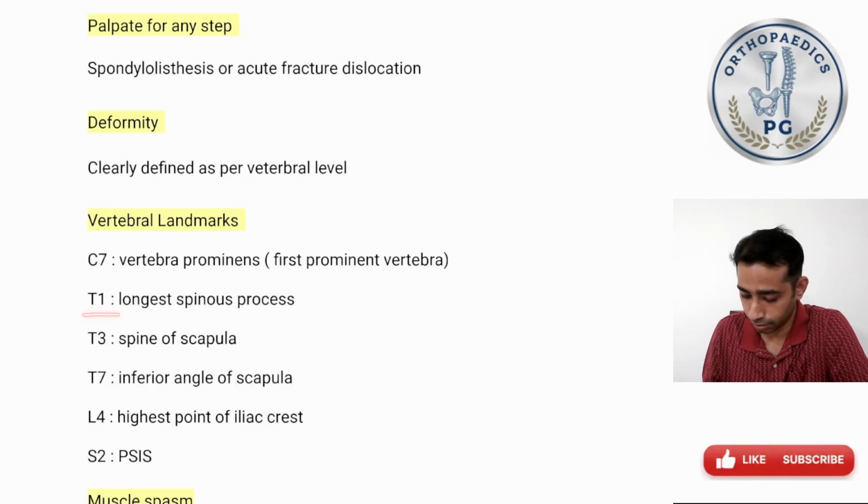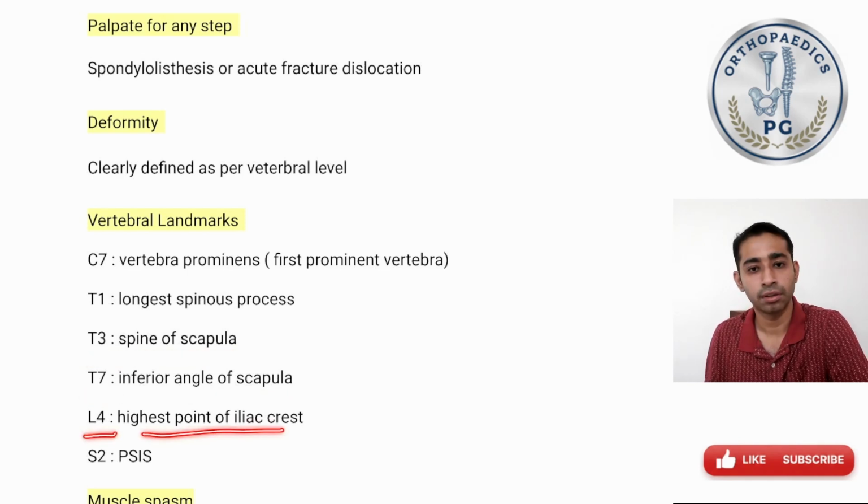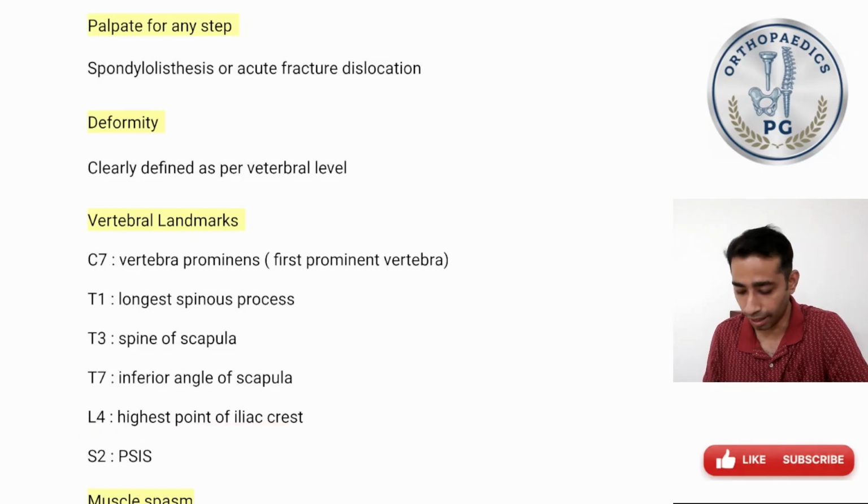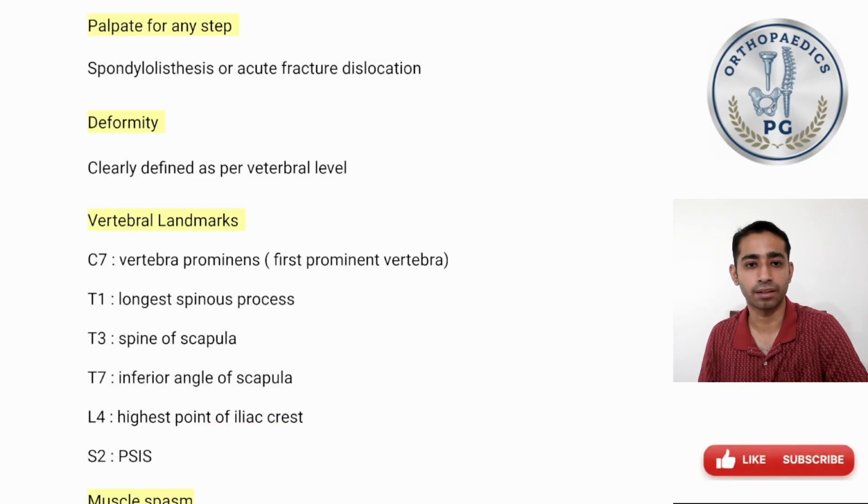T1 is the longest spinous process. T3 corresponds with spine of scapula. T7 with inferior angle of scapula. L4 with the highest point of the iliac crest, and S2 with the posterior superior iliac spine. So you can remember these landmarks and mark the spinous process according to these landmarks, and now you can clearly